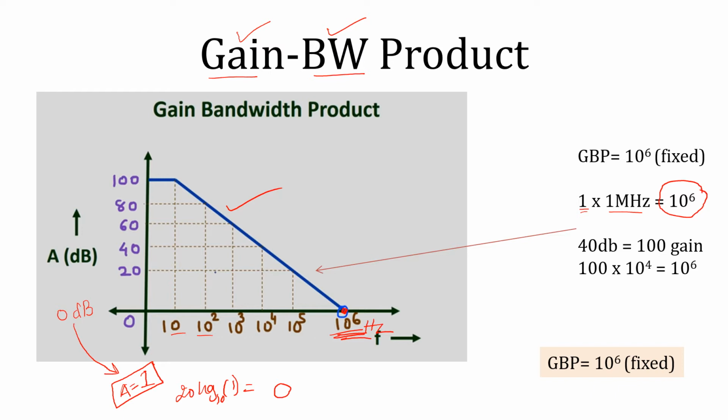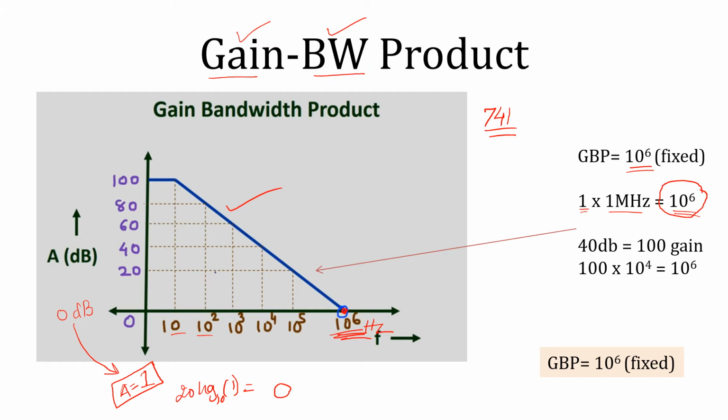Usually for the IC 741 operational amplifier, this gain bandwidth product is fixed, and this value is usually 10 raised to power 6. However, it varies as we vary the IC. If we use 741C, D, there are different versions of it, and for different versions we have different gain bandwidth products. But the concept of gain bandwidth product remains the same throughout all op-amps, and the concept is that the product of gain and bandwidth is fixed.